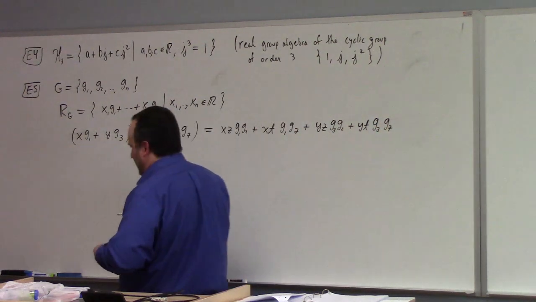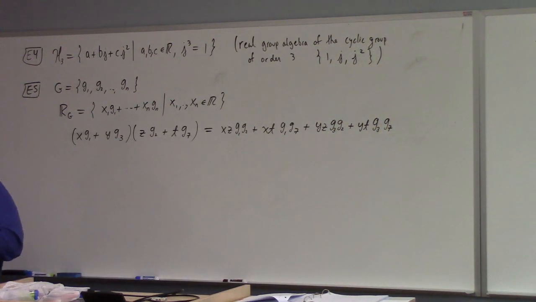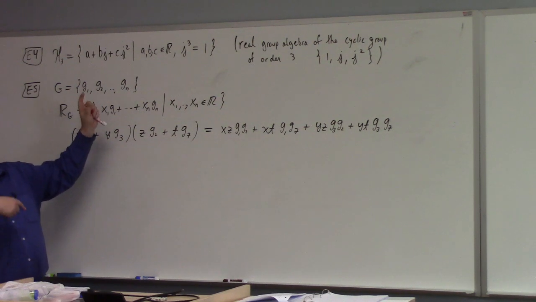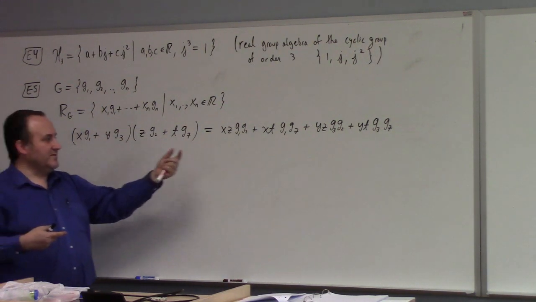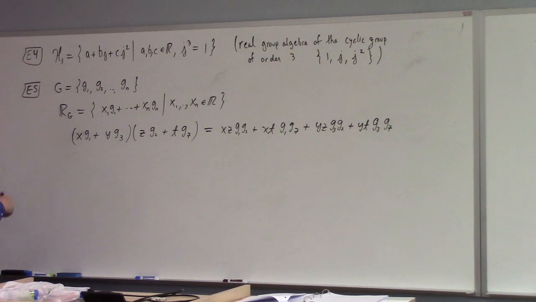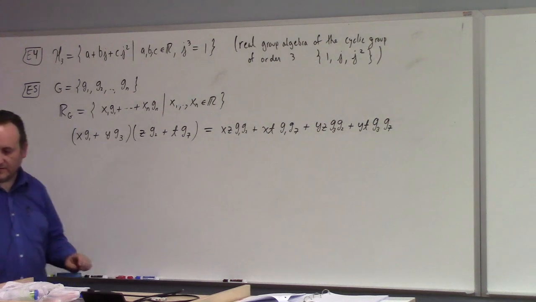There's a clever way to write this formula, but it's not coming to my brain at the moment. But the point is, you can form this real group algebra simply by saying that you look at formal linear combinations of group elements, and the way you multiply them is assume that it just distributes like you want, and you just multiply group elements by the rule. You already know how to multiply the group elements, because if it's a group, then any 2 group elements multiply back into the group again, right? So all of these things are, again, elements of the group. So anyway, sorry, I will stop that. So getting back to the 3 hyperbolic numbers,